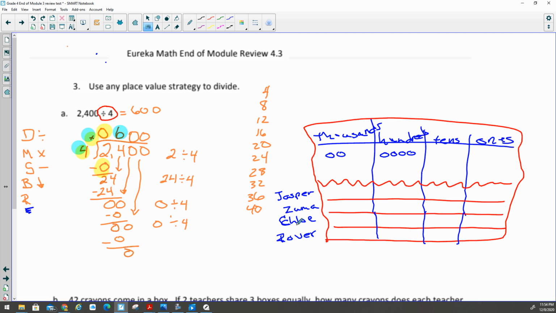They're all walking down the street and they see 2,400 bones, and they're like, "Oh my gosh, look at those bones! I want them all for myself." Jasper's like, "Oh, I want them." Zuma's like, "Oh, I'm gonna eat those bones." Rover's like, "Move over! I'm eating those bones." And so they start a big old fight over it. And then one of them says, "Oh, hey, I guess we could just divide them between us and share,